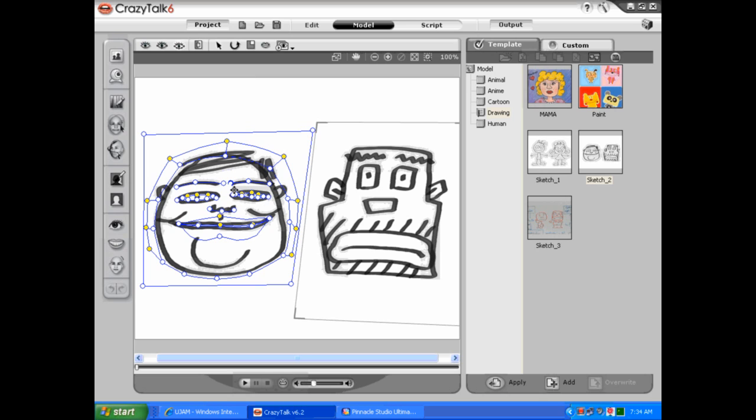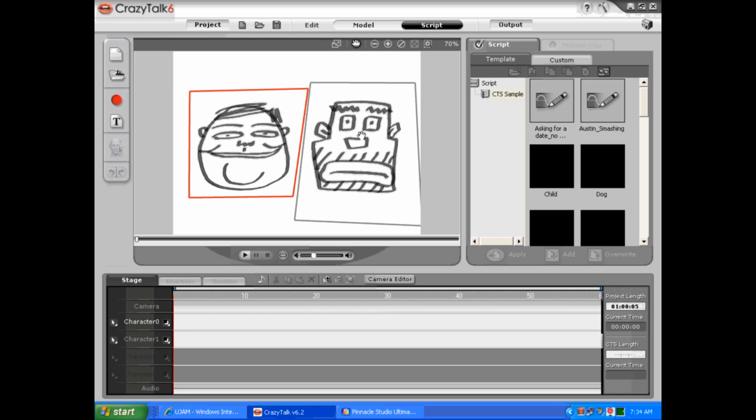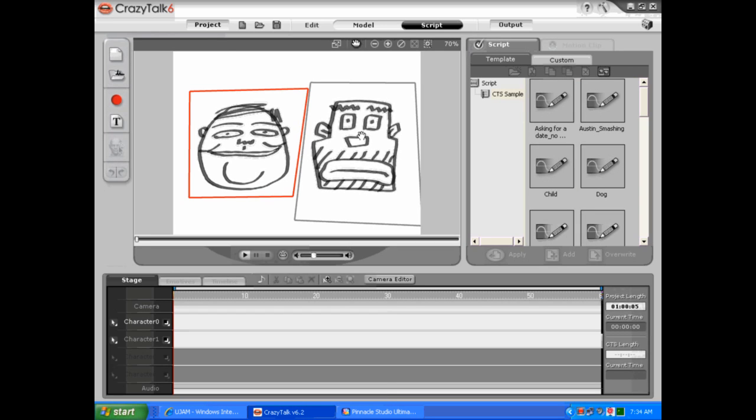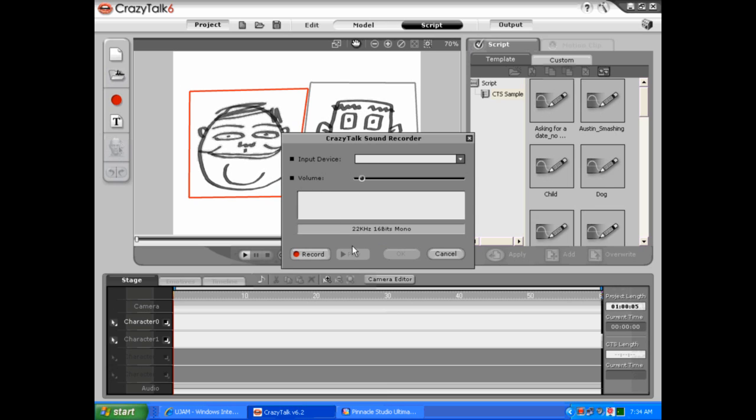But this has already been done for me because, again, it is the standard ones that are loaded in here. So then you go to the script. So you pick your model, and again, there's more advanced features. You can give them buck teeth, gold teeth, a grill, all sorts of things, which I didn't do, but you can. You go to the script, and you can record right to here,